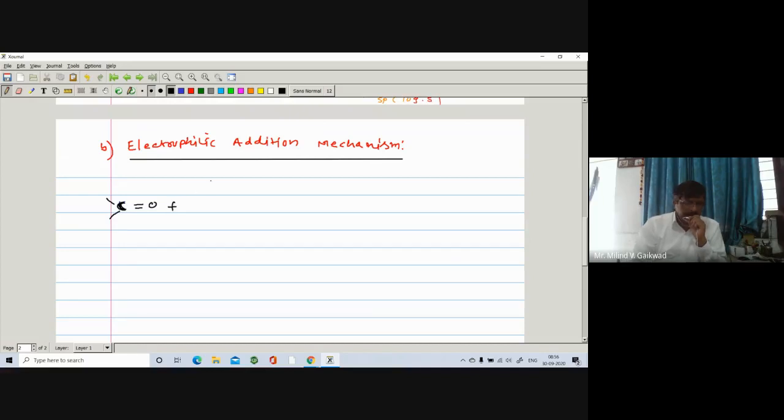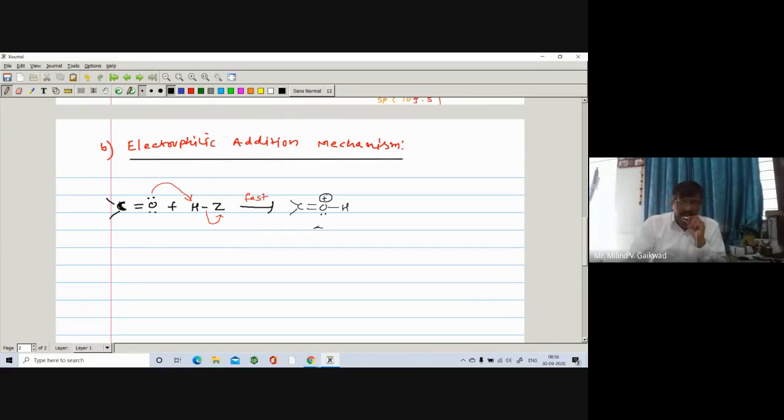It reacts with HZ, H and Z. So in the first step, the oxygen has two lone pairs. This lone pair will attack the H, with the sigma bond opening on Z, Z negative and H positive, which means it is a protonation step. The first step is the fast step, and it undergoes protonation. So there is a carbon double bond O, and one lone pair forms a bond with the H. So oxygen carries a positive charge, right?